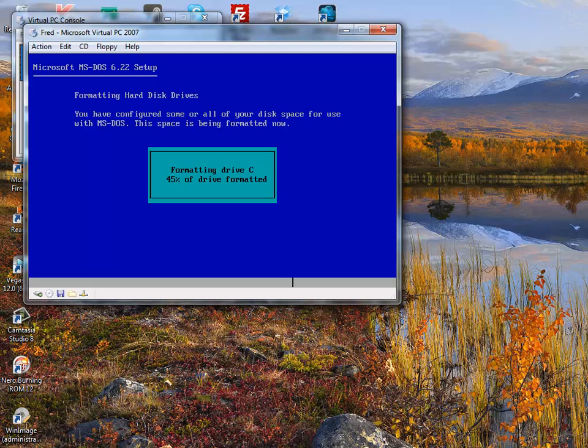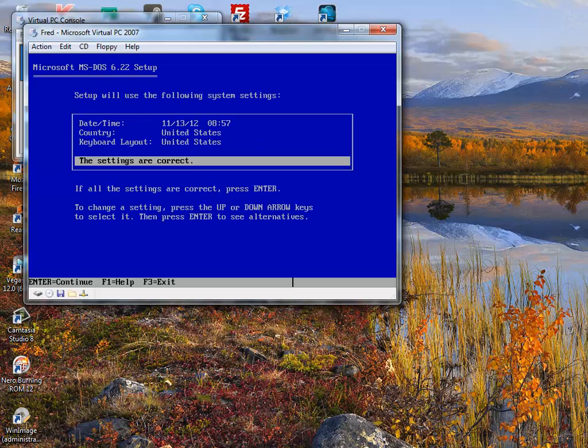Virtual PC users, this will happen in a second. Real computer users, this is going to take some time. Go and put the kettle on, go make yourself a nice wee cup of tea. Now,